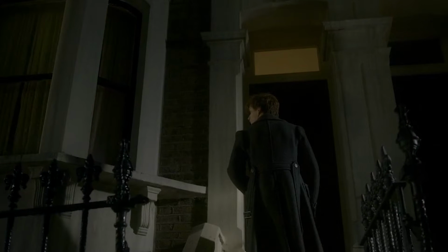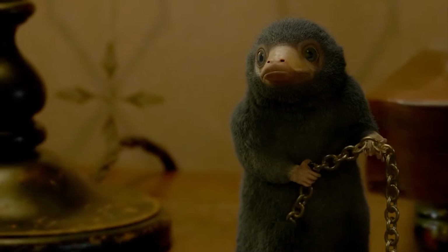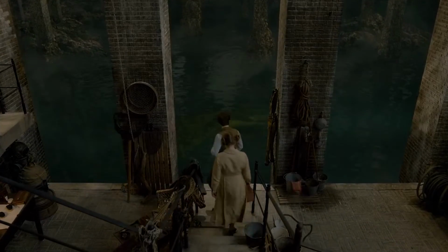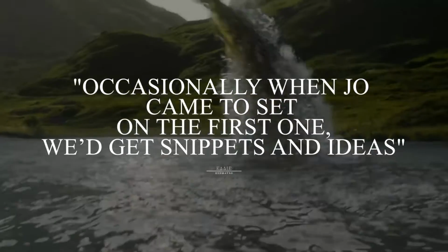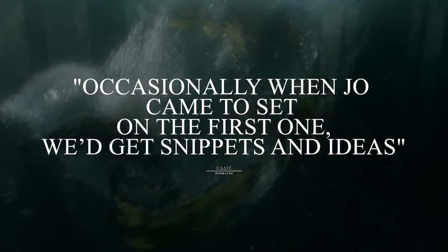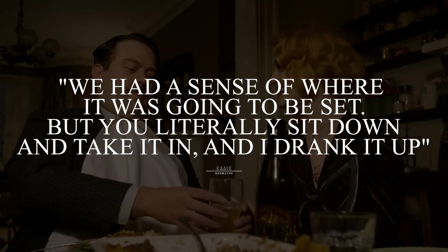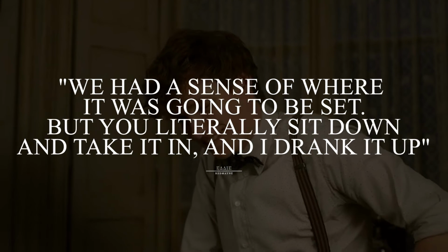But when it comes to Fantastic Beasts, the plot is kept a secret so much that the cast only got to see the script for the first time a week or two before filming. Eddie Redmayne shared the cast of the film knows as much as we do, explaining how they just don't know what's coming. "Occasionally, when Joe came to set on the first one, we'd get snippets and ideas. We had a sense of where it was going to be set, but you literally sit down and take it